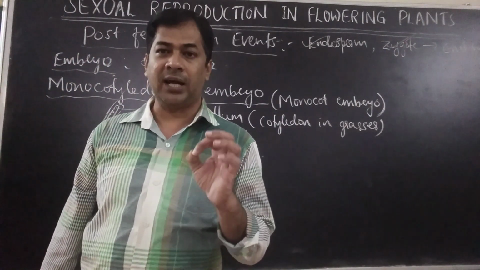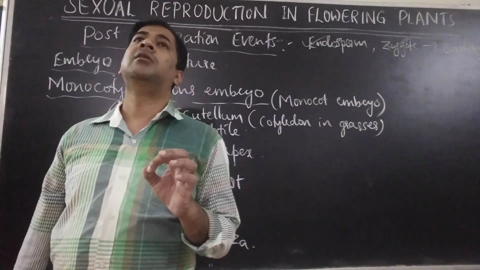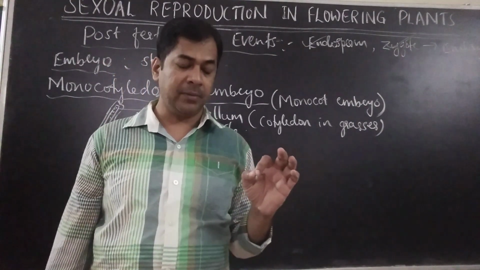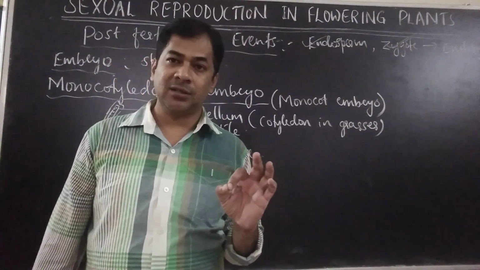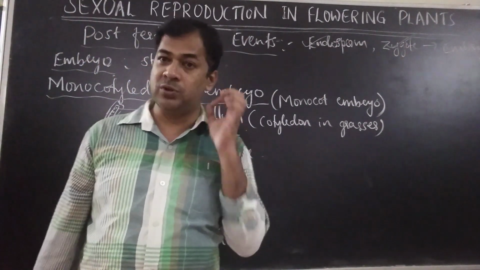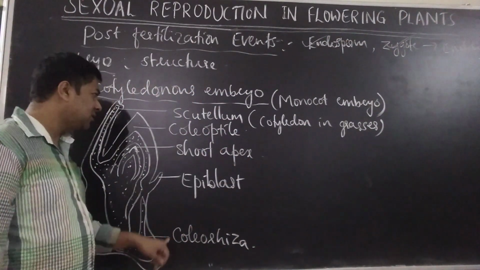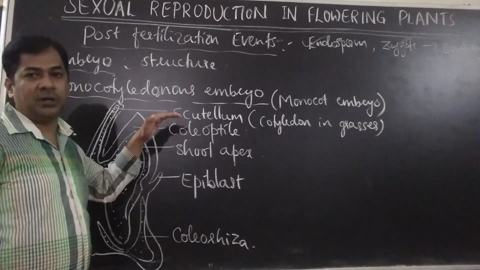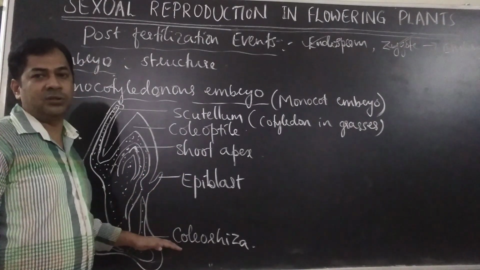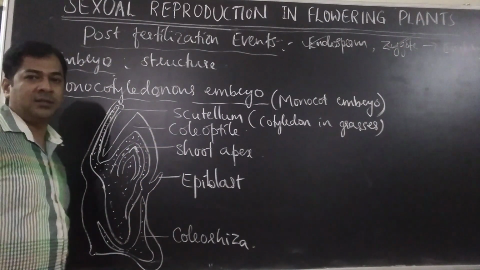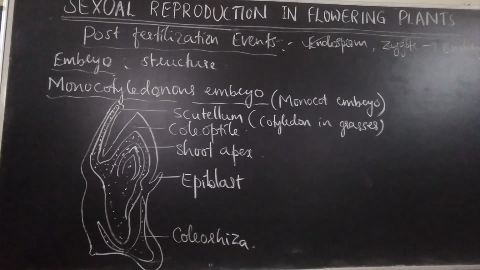Rhiza means root. Rhizome you have heard. Then in the case of algae and bryophytes, root-like structures called rhizoids you have heard. Rhizoid or rhiza means roots. Okay, coleorhiza is root, coleoptile is shoot. Upper part is shoot, lower part is root. Upper part is coleoptile, lower part is coleorhiza. Now this is very simple.